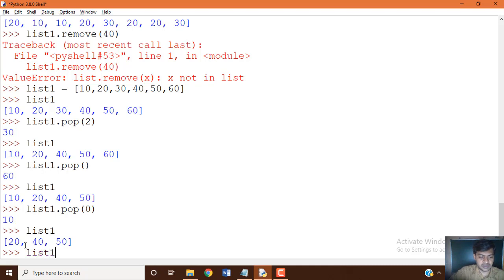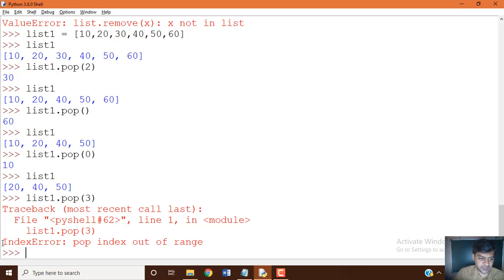Suppose you try to give an index number which is not available, then what happens? Let's see. Our current list variable has only 3 elements, indexes 0, 1, 2. When you try to pop index number 3, which is not available, we get the index error: pop index out of range.